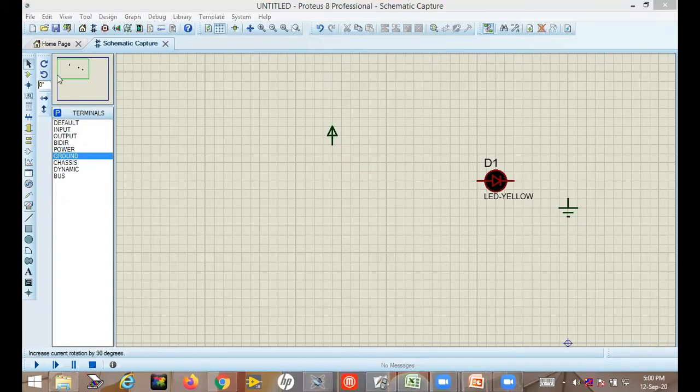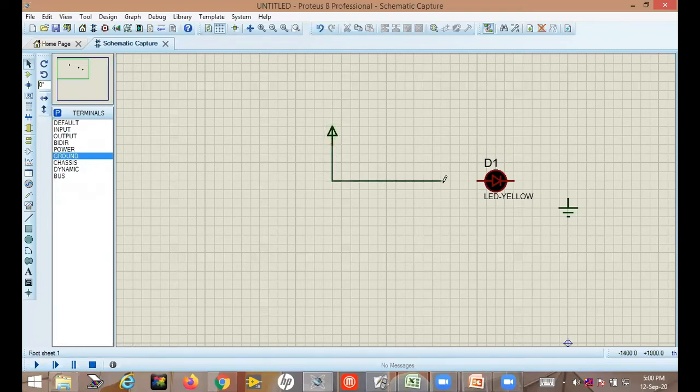So look, I have not selected any component. Now I just click on here, and then automatically the wire appears here, and I will just click on this end of the anode. Okay, so it is connected.